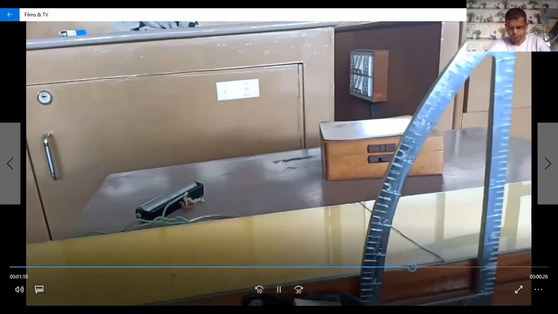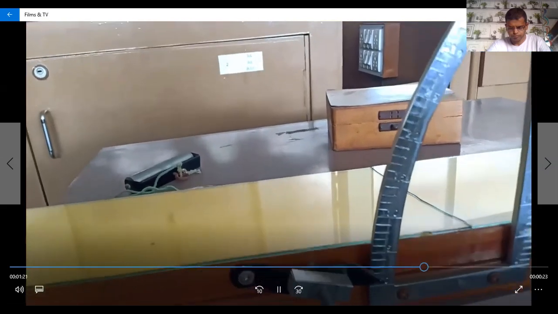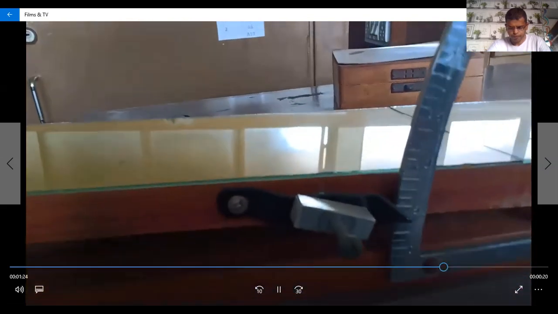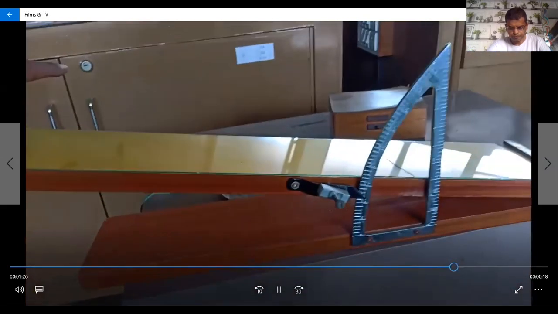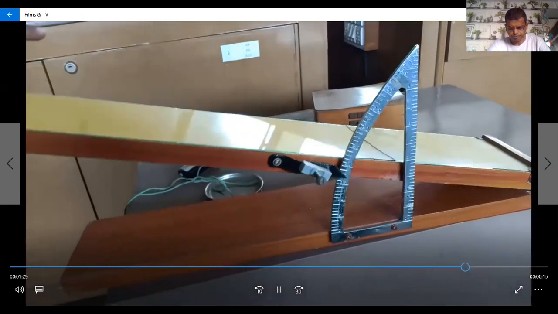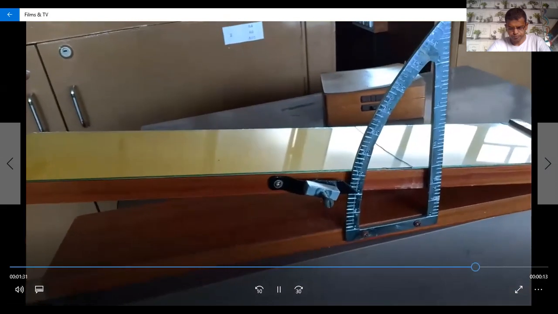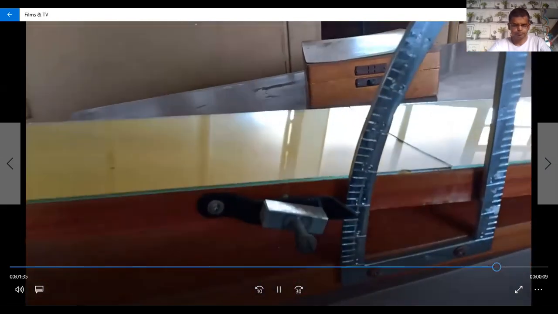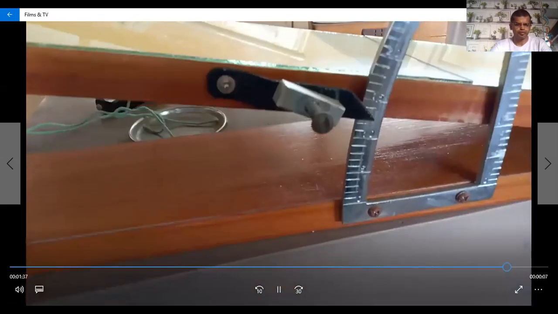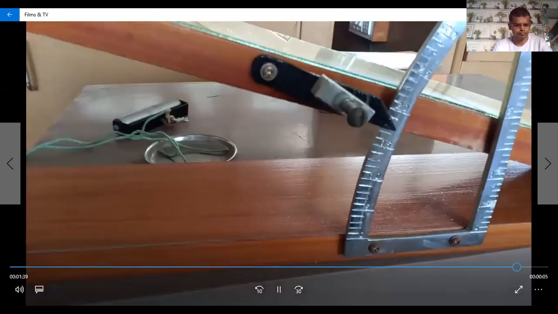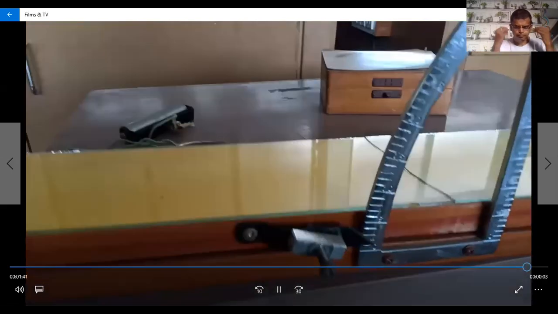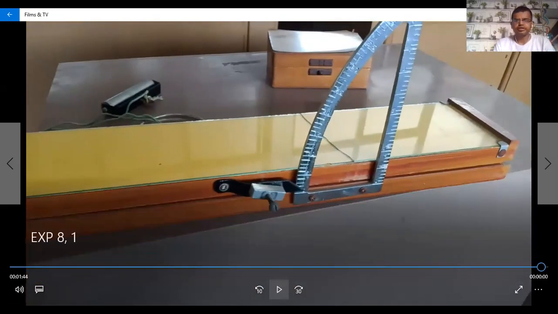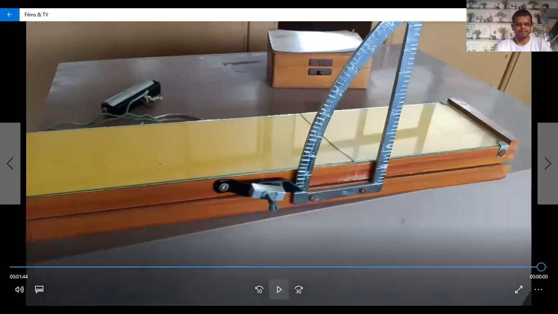So we take the first reading at 5. Now you can see very easily, it goes to the upper side. That means we fit the angles as per our readings, like a 5 angle we fit here, then 10 degrees, then 15, then 20 and 25 is the last. So first we start with 5. Now this is the introduction of the given setup.